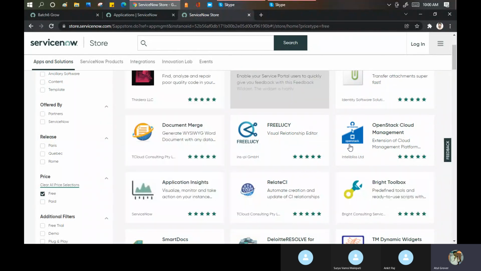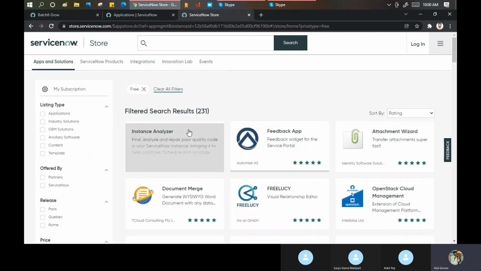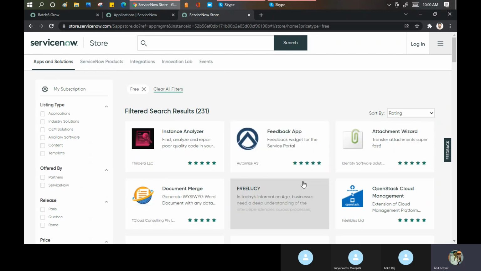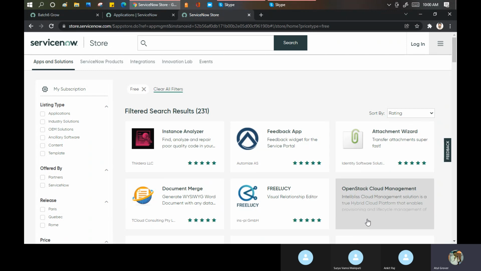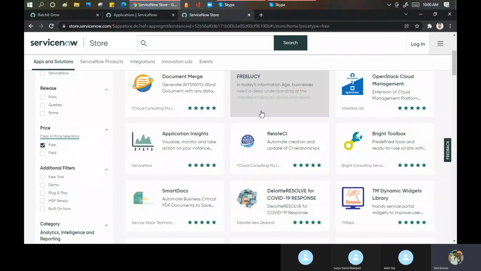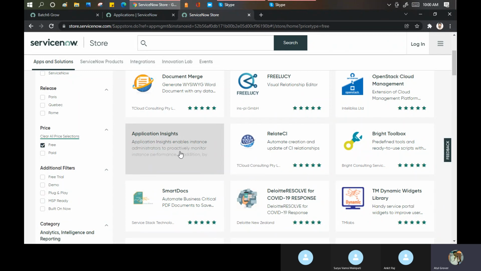Now the question comes, Atul, what are these things? These are the applications built by some other company on the platform of ServiceNow. And here you will see how many customers there are. Fihendra is one of the customers of ServiceNow. Automize, Identity Software Solution, Intel Bliss. I know this company. INCPI, that is GmbH, basically Germany or something like T Cloud. So it is for ServiceNow only.